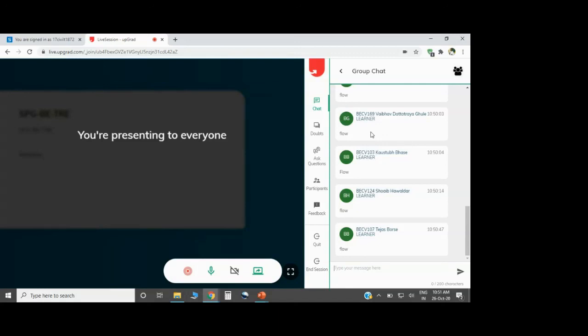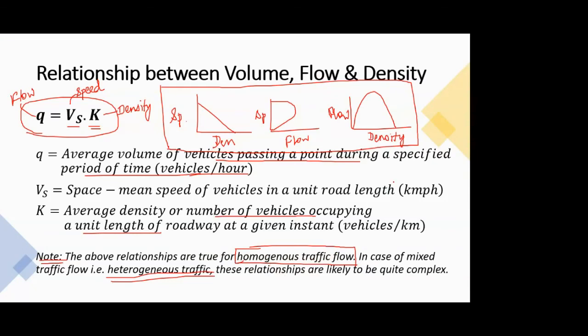Okay. But also I agree that that's difficult, but you can do that. And the most difficult one to evaluate from a survey is the density value. Because for density, what you have to do is count the number of vehicles in a particular road stretch. And I told you that the traffic is moving. It is not like you have stopped them and then you are counting the number of vehicles in 1 kilometer.